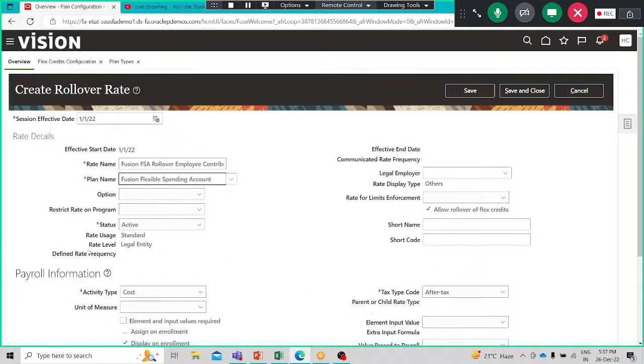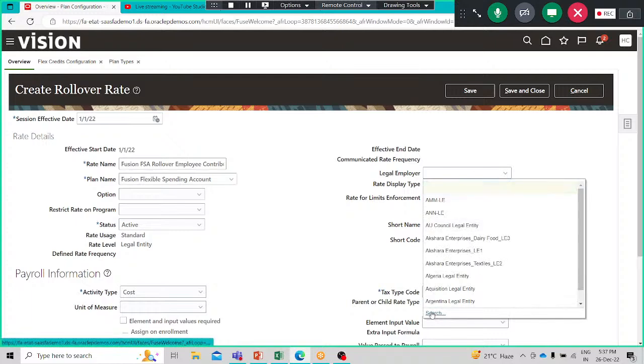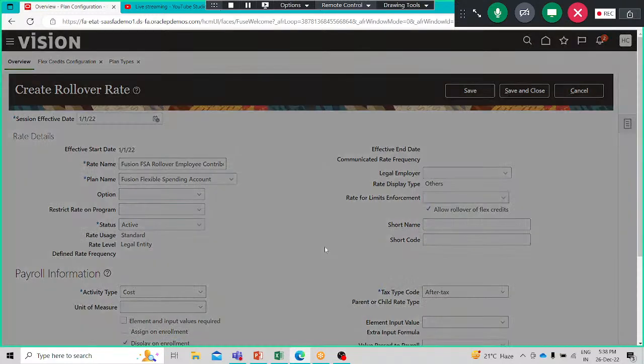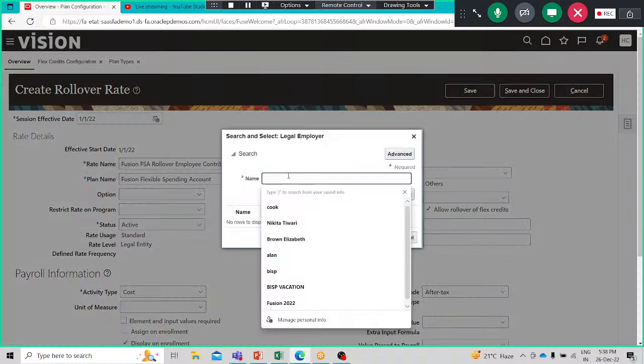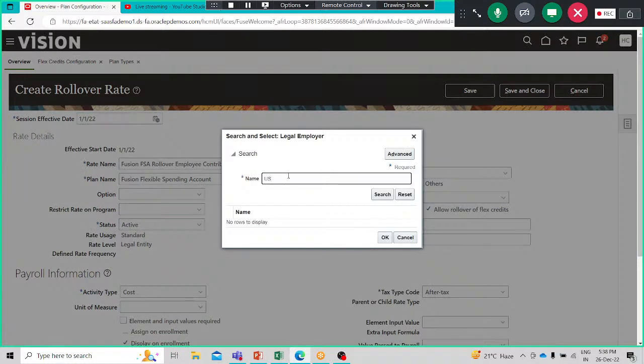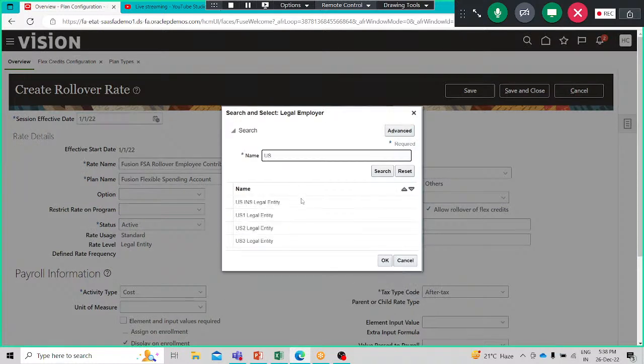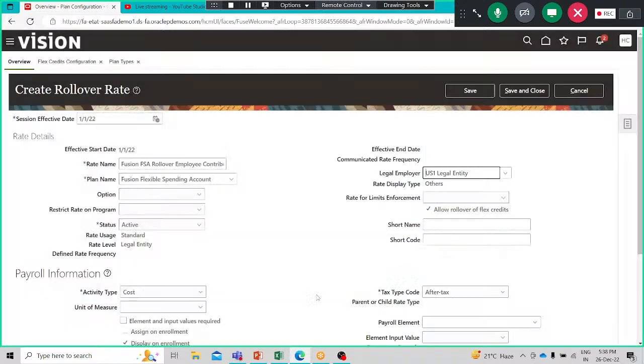The rate usage in the rate level is already populated here. Then we have to select the legal employer. We can say the legal entity. And then